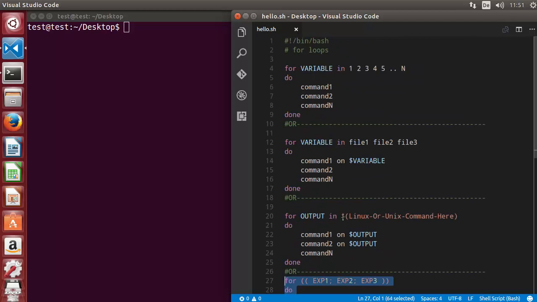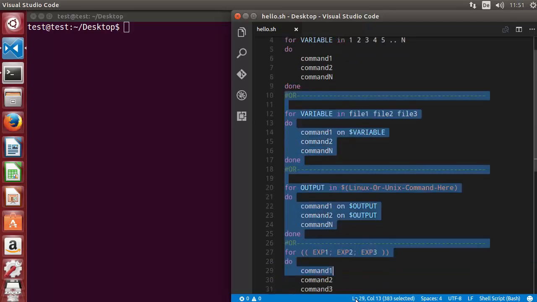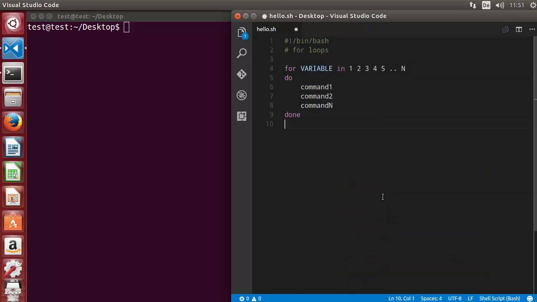So let's take some examples to understand the for loop in a better way. Let's take the most basic example. For example, I want to iterate over some numbers, and I want to print them. So I can just write the numbers like this. Whatever numbers I want to iterate on, I can just give the numbers separated by spaces. So for example, I want to give 5 numbers, then I can give these 5 numbers here, 1 2 3 4 5, right? And in between the do and done keywords, I can echo the numbers